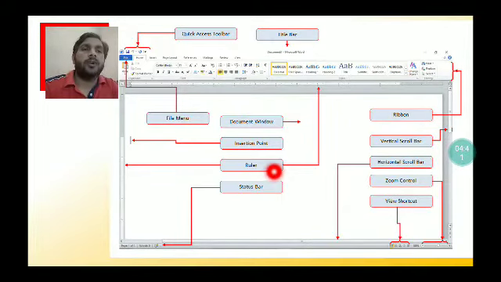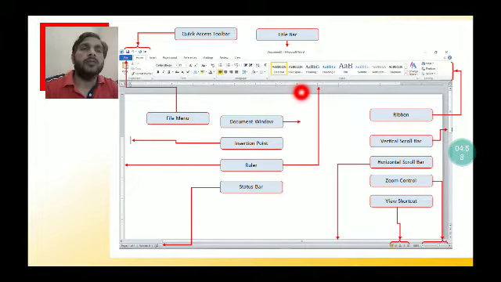And next, rulers. These are rulers on the above side and in the left side. So with the help of these rulers, you can set your page according to your need.